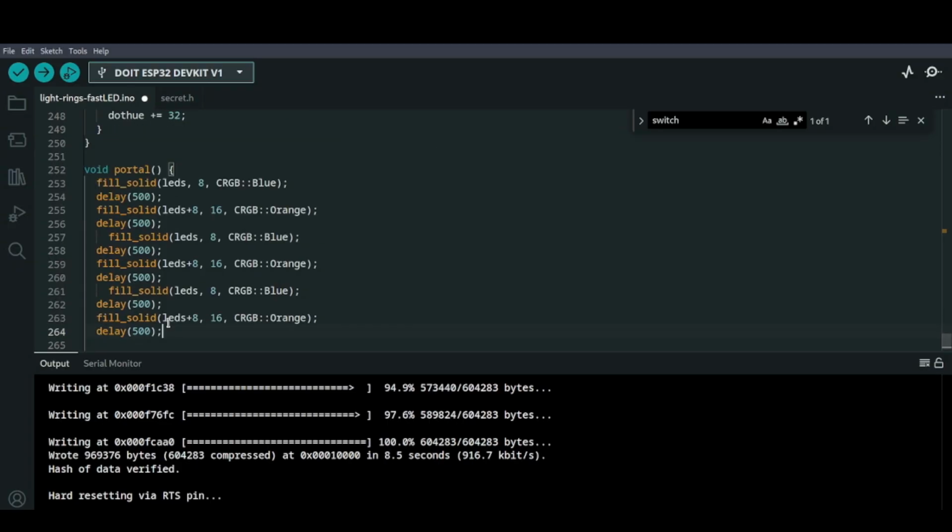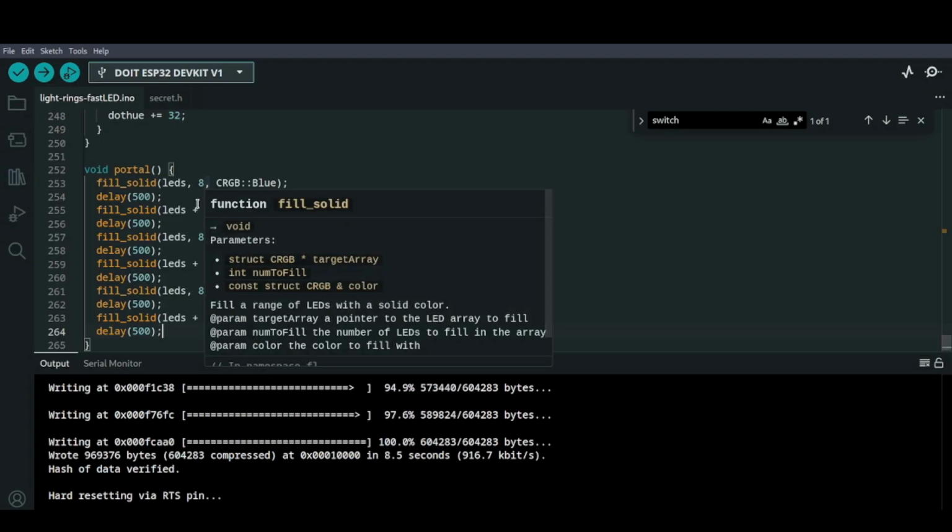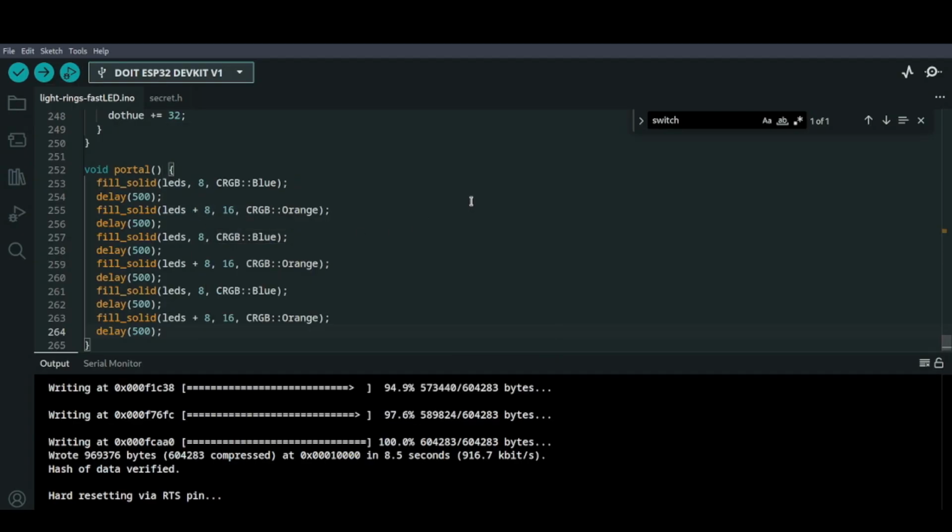All right, we're gonna copy and paste this a couple of times. Okay, so we got 8, then LEDs plus 8, and we're gonna light up 16. Then we'll go LEDs plus... I guess we want to add all of those together, so 24. And I think the next one is 25. Actually, let's go with 23 because I actually think this is 15. 25 is 24 on which one?